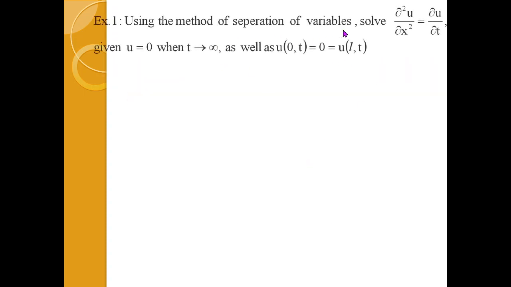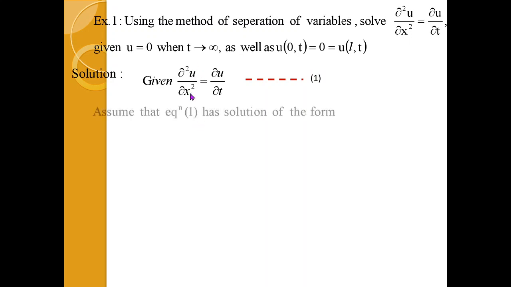Using the method of separation of variables. So here the differential equation with the conditions is given. So let us see how it operates. First of all, we will obtain the general solution. For this we need equation 1 and its derivative. Here u is a dependent variable and x and t are independent variables. So we need a